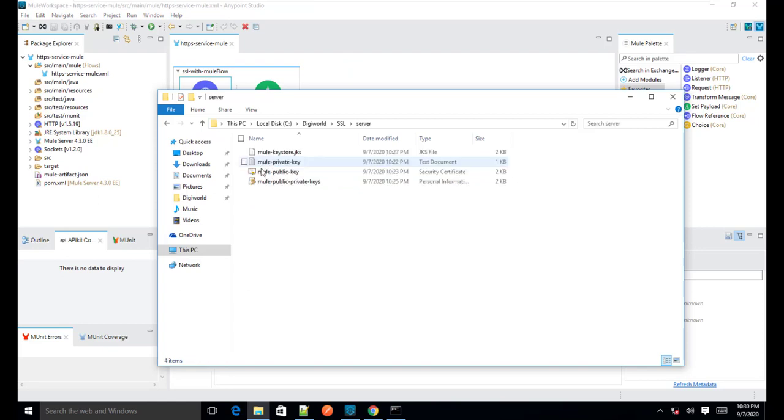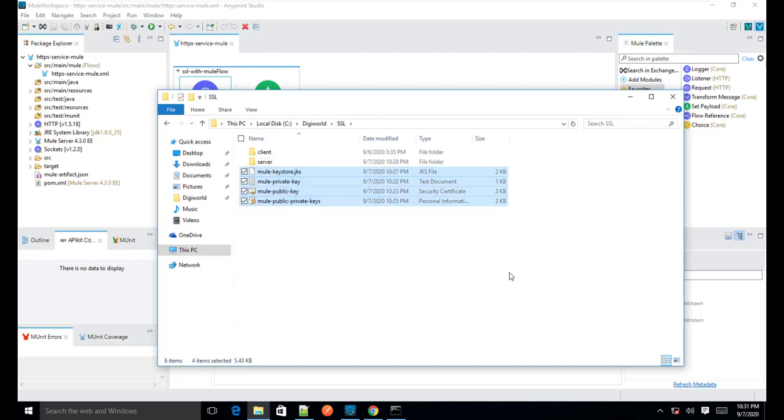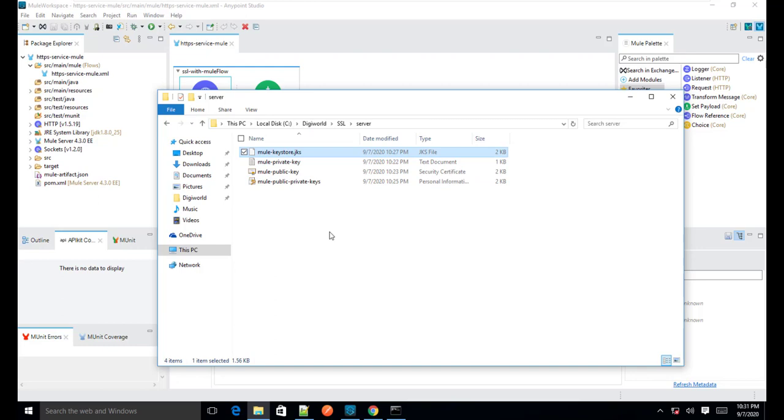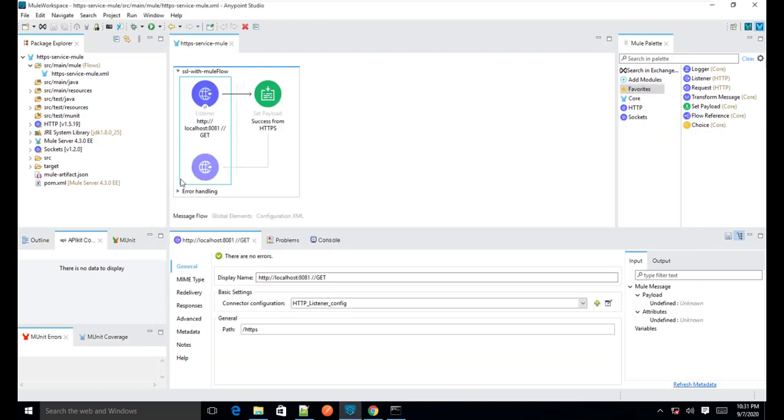So as you can see, I have copied the files here in the server directory, so I will remove these files from here. Okay, so I have removed them, and I will basically refer this JKS file, that is the keystore file, from our HTTP listener.